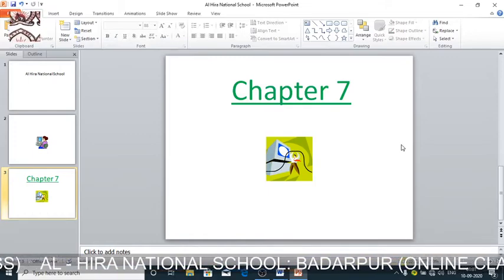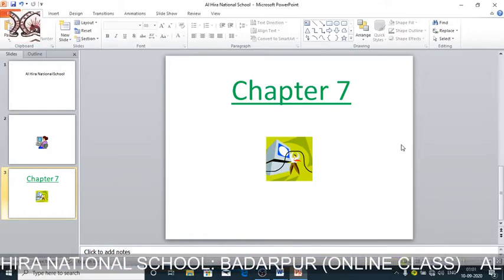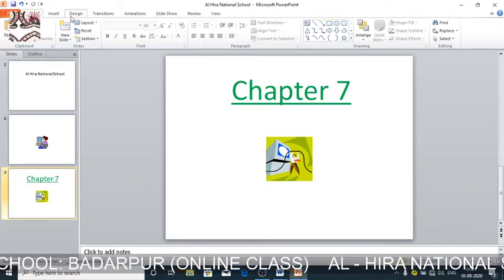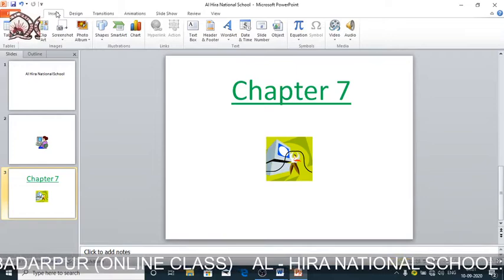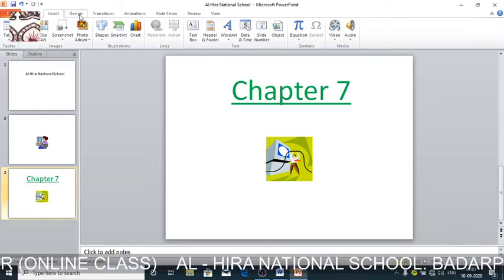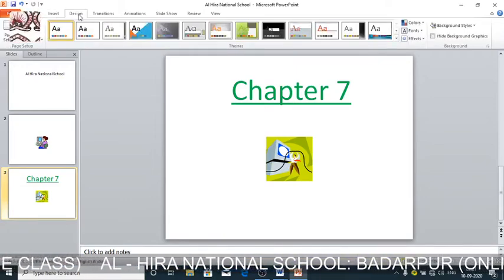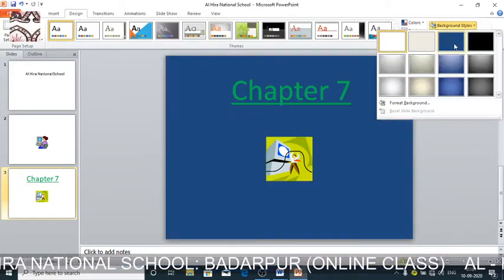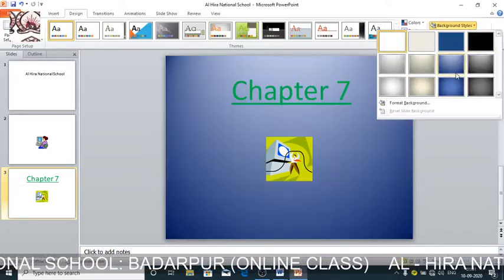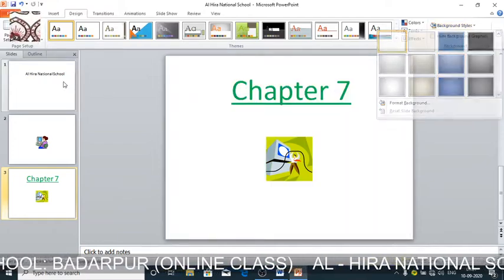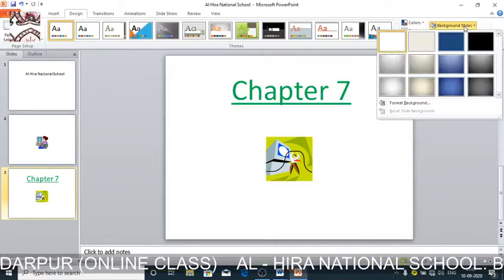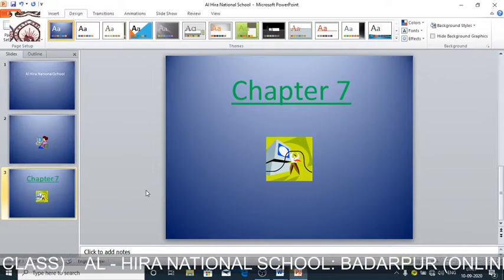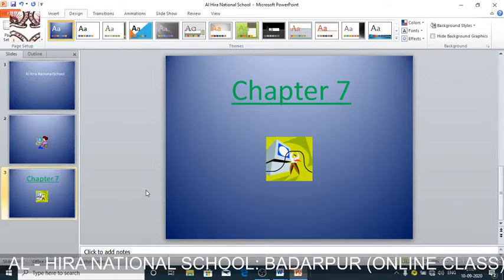Now slide background. We can also add a background to the slide. Understand? We can add any background to the slides by clicking on background. You can see the background style is there. I can choose any background color. Suppose I want all the slides to have a particular background. See, all of them have come with that particular background. You can also change the background color of the slide.